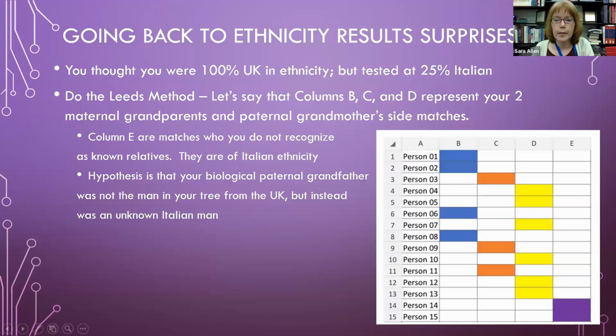So when they opened up the trees of these people, they were fully Italian, and they didn't recognize any of the names. They were like, who are these people? So with that, this is verifying the ethnicity estimate that person got. Since they did the Leeds method and have DNA matches to 3 of their 4 known grandparents, the 4th grandparent,